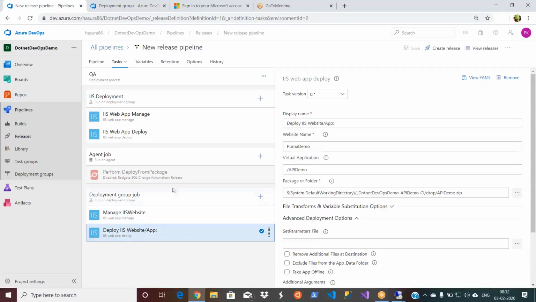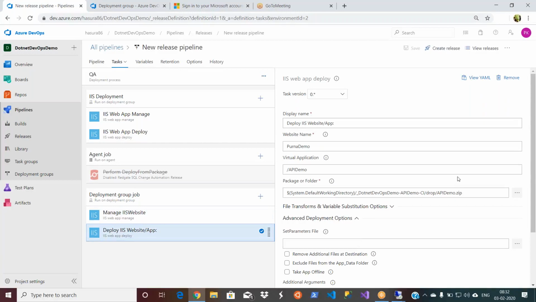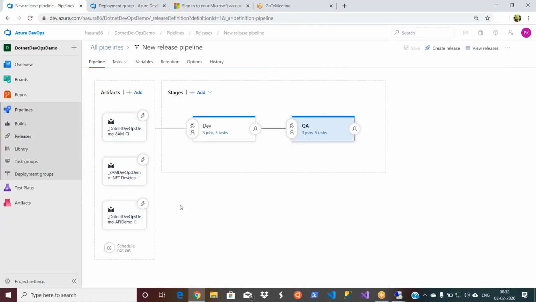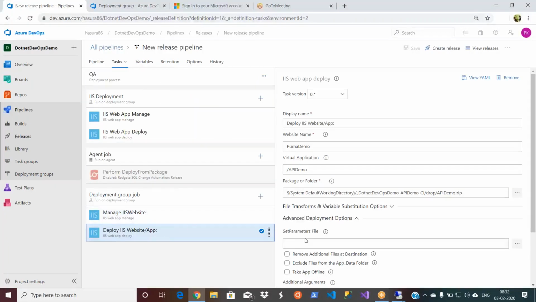The reason is the task we selected has the action create or update. That's it. Now here, we have to select the package or folder because I have multiple artifacts in my pipeline. If I come here, I have multiple artifacts, but I want to select only the artifacts that are required for the API dev.